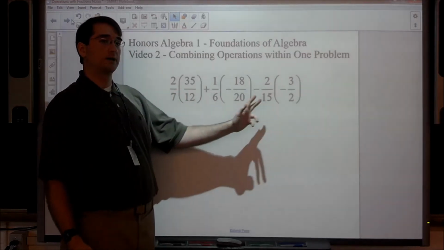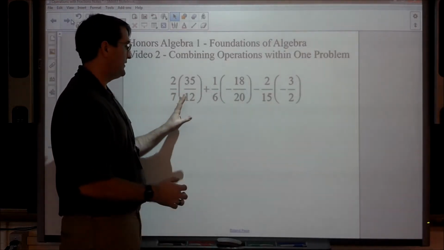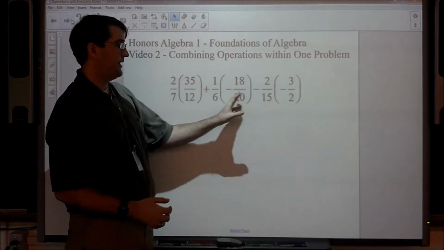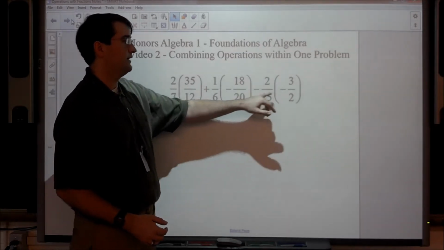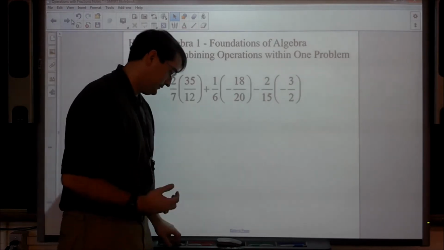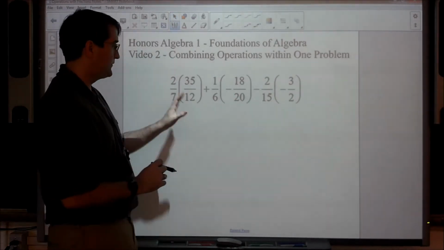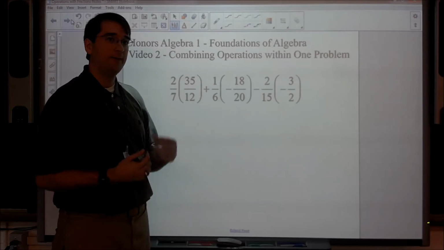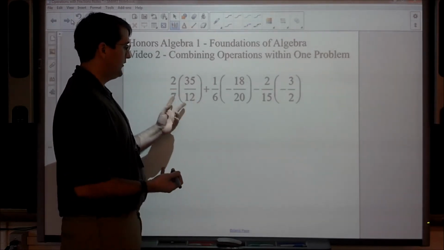Here we have a much more complicated expression. There's a lot of multiplication going on, there's some adding, there's some subtracting, we have negatives in places. There's a lot going on here. Now, your teacher, if they've gone over fractions in class, they probably have talked about that when you're multiplying two